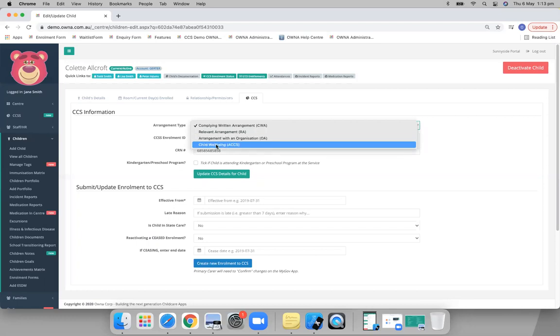And the reason why I said don't use the ACCS is because we've spoken to the CCS department, and children that are on ACCS need to be submitted as a CWA, and then the ACCS applied on top of that CWA, okay? Very few cases will you ever have a child submitted straight as an ACCS child, because the criteria is, do they have a legal guardian or not? The legal guardian may be a carer, an auntie, even a foster parent, right? However, they're all still considered legal guardians, and they will be created as a CWA, and then ACCS applied